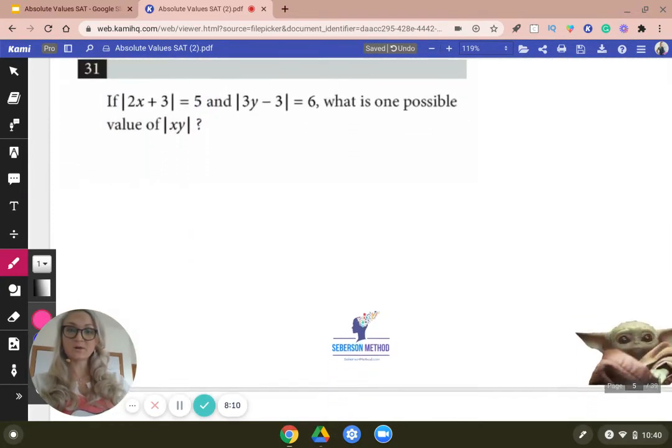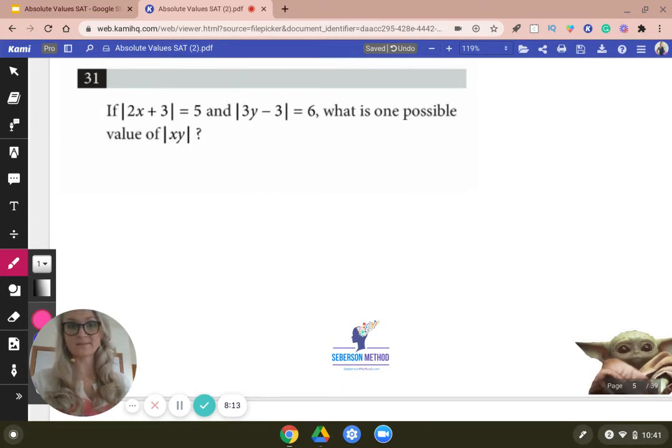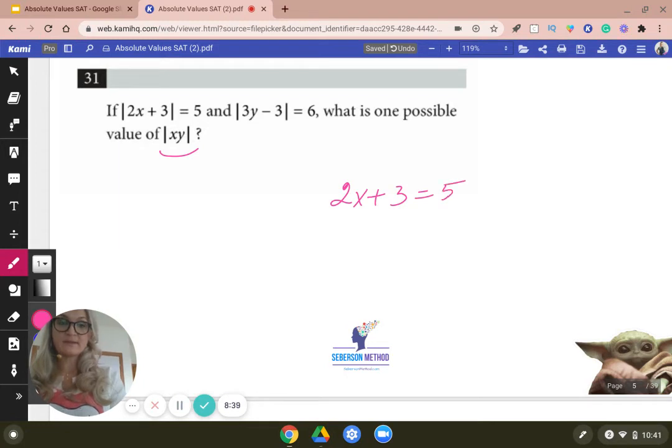Next question, this is 31. This is feel free to use a calculator. Here, remember how I was telling you about a product? Here, they want you to solve for x and y using the process that you very well know, and then they're interested in one possible value. So this is going to be a multitude of answers. So 2x plus 3 is equal to 5, and then 2x plus 3 is equal to -5. 2x is equal to 8, x is equal to 4. So one possible value of x is 4.